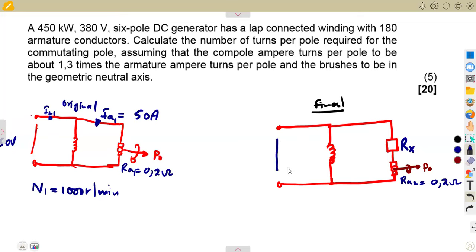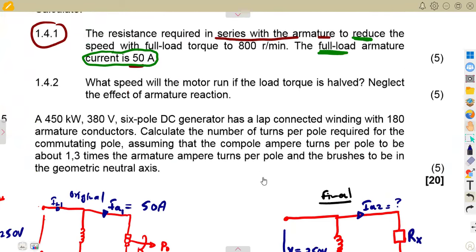Still is the same. And also the input voltage at the supply is not going to change, 250 volts. So as you can see, there's nothing about the field. There's also nothing about the field given there. We do not know the armature current of this final circuit, but there is something that you are given, which